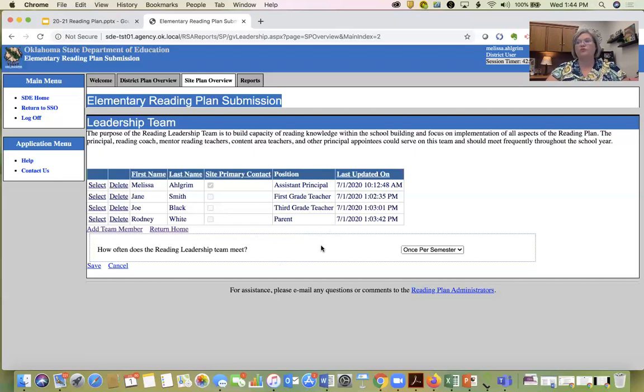well-rounded group. So the calls that we make would be things like if we only see a third grade teacher involved, or if we only see the administrative team, like a principal and the reading coach, and those are the only two people on the team, that's not getting that buy-in and that perspective from other members that really are important to make this work. So you'll indicate how often your reading leadership team will meet,